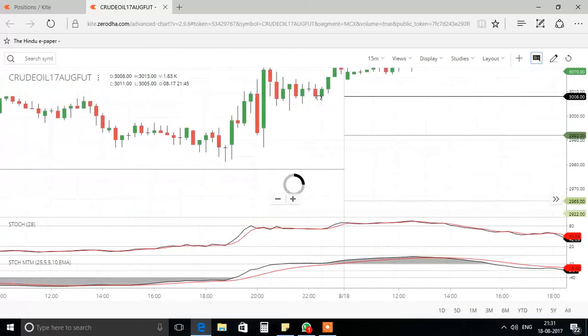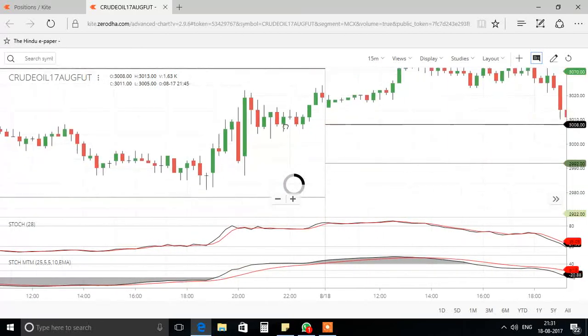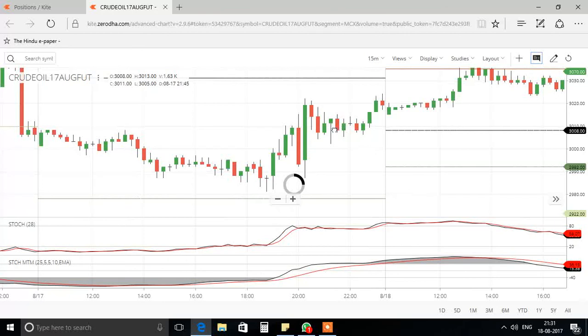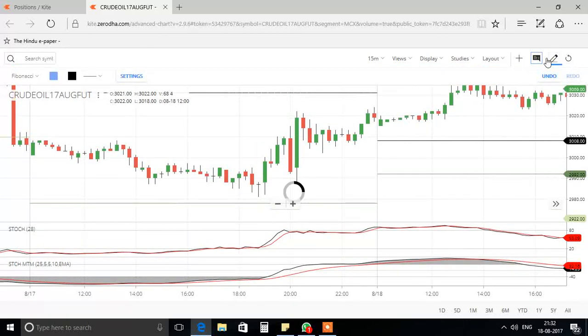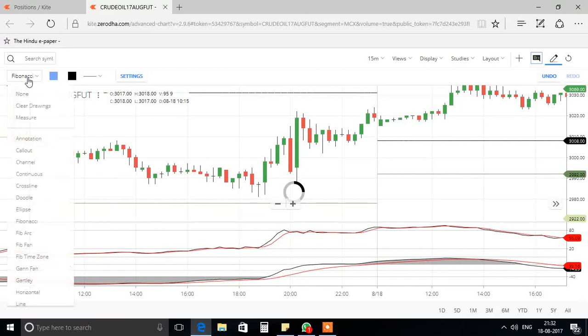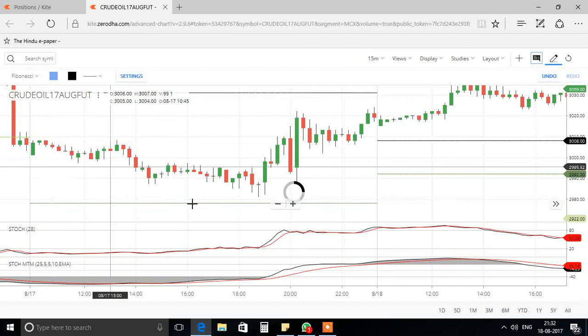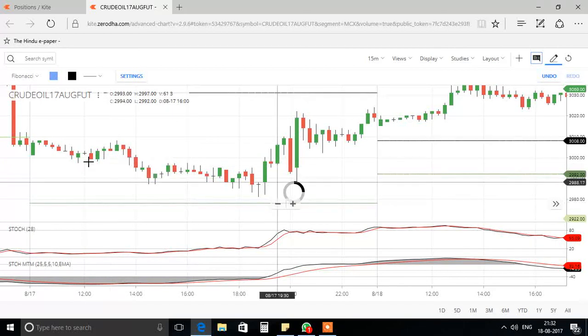This is where the Fibonacci helps us determine the levels, along with stochastics, to know when to exit a position. Let's now, in Kite, click on draw, go to select tool, select Fibonacci, and for the previous day go to the chart which